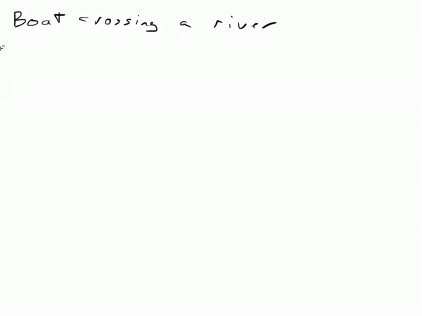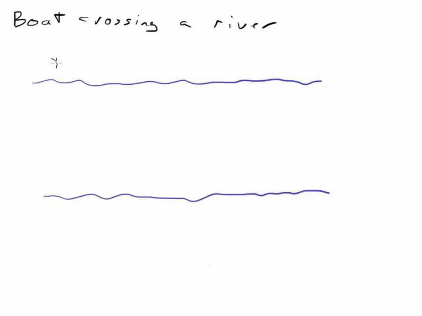In this video we're going to do a classic boat crossing a river problem. So let's draw our river in here. There you go. That'll be the river. And we need our boat. A nice little boat. It's like a little sailboat. Ta-da. And we'll say the river is flowing